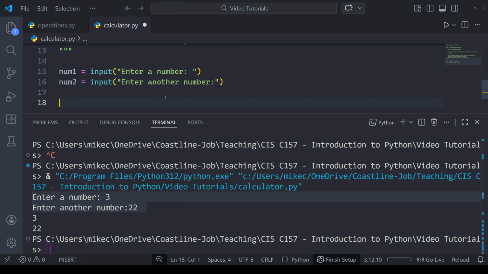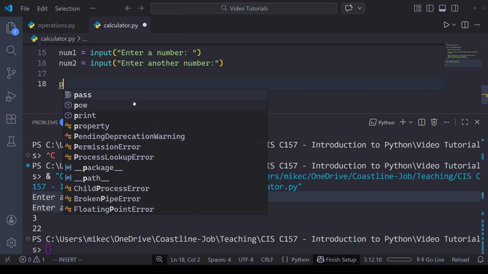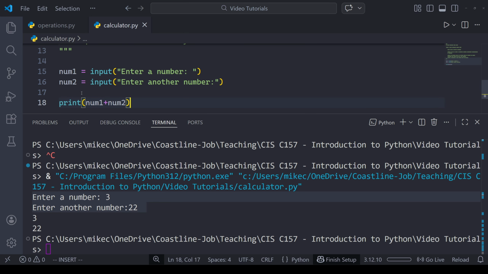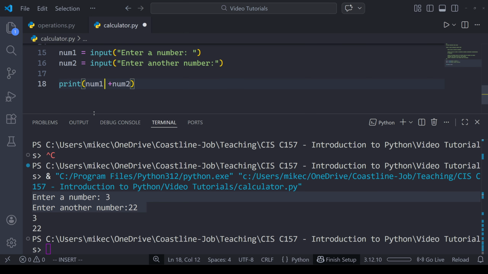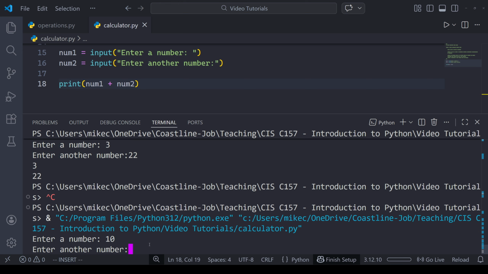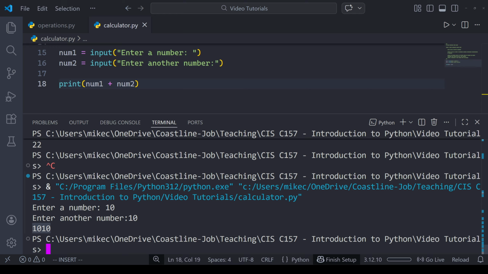Now, an important thing here is that if I try to do addition, let's say, I'm not even going to ask the user yet. I'm just going to print num1 plus num2. Okay, right? We're taking our first number, our second number, and then we're just printing the results to the screen. So I'm going to do for my first number 10 and my second number 10. And so the results of 10 plus 10 should be 20, right? That's what we're hoping to get back. And so if we hit enter, I get 10, 10, which is definitely not what 10 plus 10 equals if we're adding those two integers together.